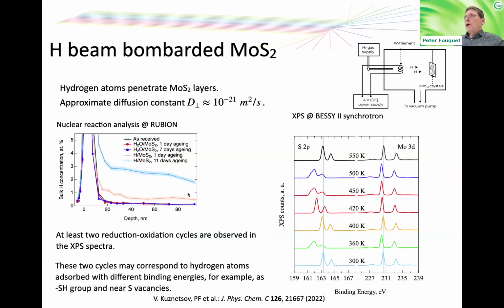In the hydrogen beam bombarded molybdenum sulfide, we saw a very nice penetration into this sample in nuclear reaction analysis. So here we see in deeper depth a substantial signal, and we saw some signal on the first day, but then even much stronger signal a few days later after aging. So there is quite substantial uptake of hydrogen on these samples, and some slow diffusion process into this layered crystal